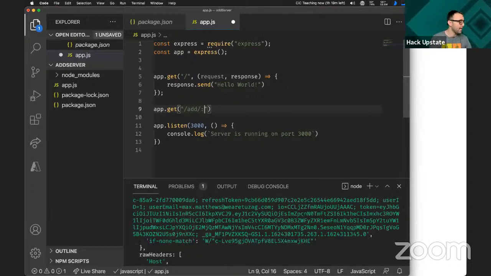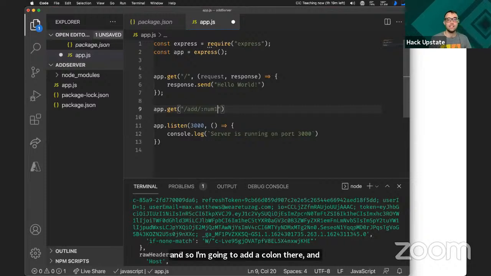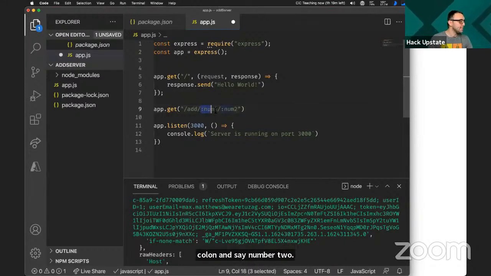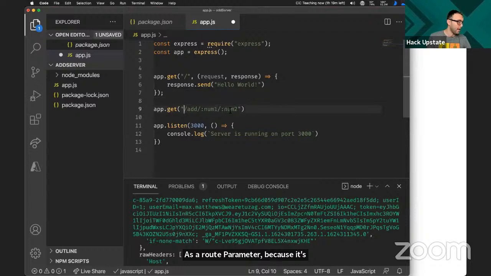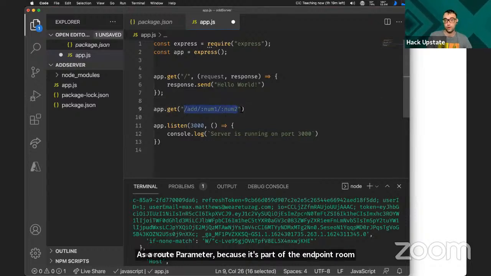And so I'm going to add a colon there, and I'm going to say num1, and then I'm going to add another colon and say num2. And what that colon is doing is it's basically naming my variable. So whatever comes between these slashes, I'm going to be able to access from the request as a route parameter because it's part of the endpoint route, the URL.